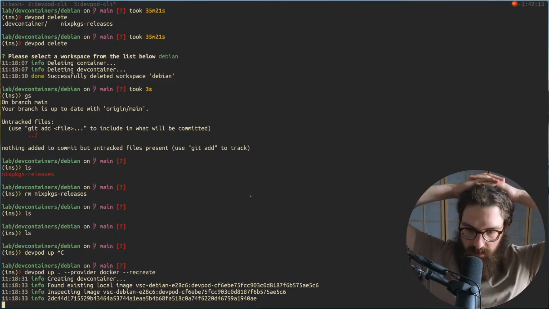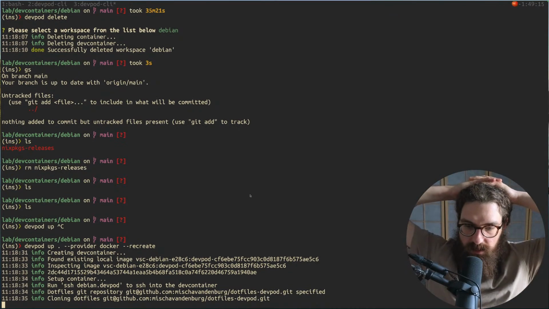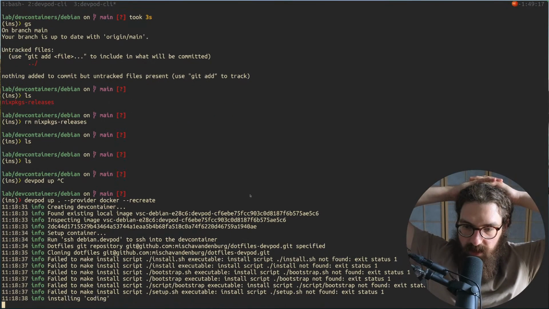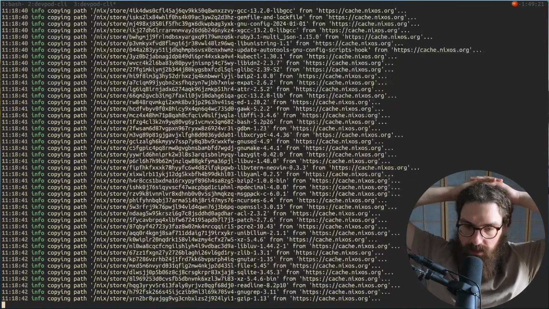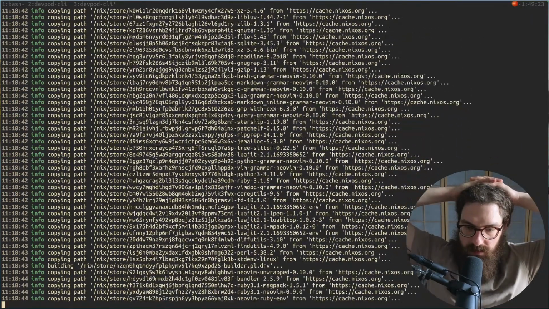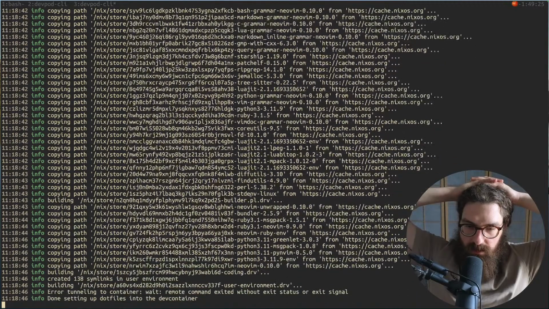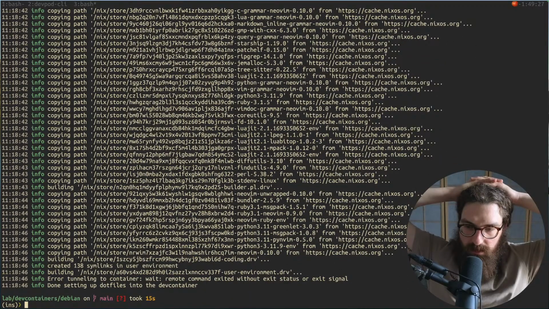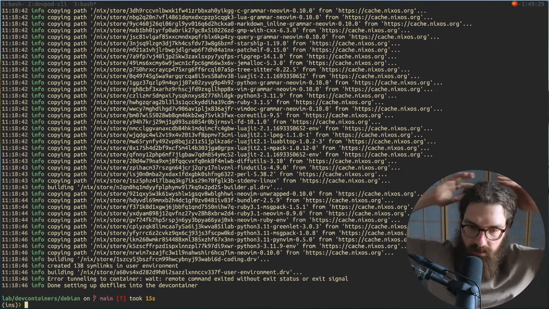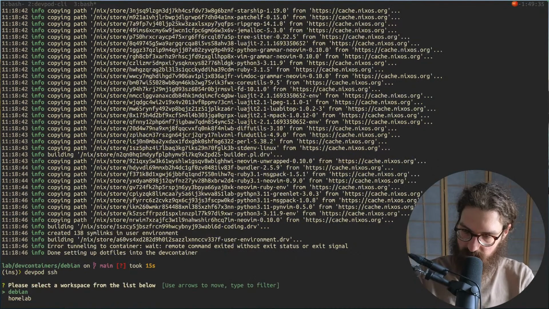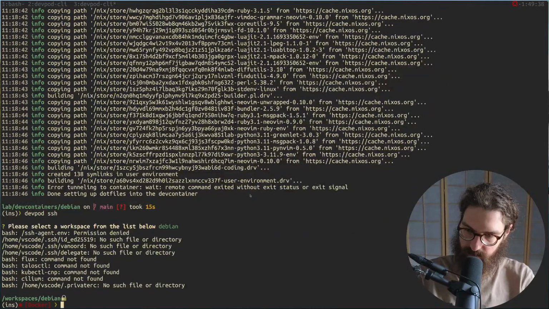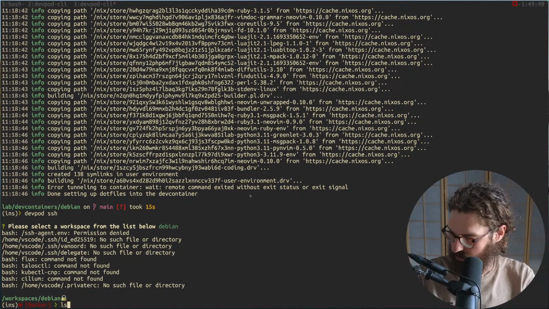So now is the big test basically. Now I'm recreating the entire container. It's installing my Nix packages from the file that I created. So that's working. And if I then do devbot ssh Debian,